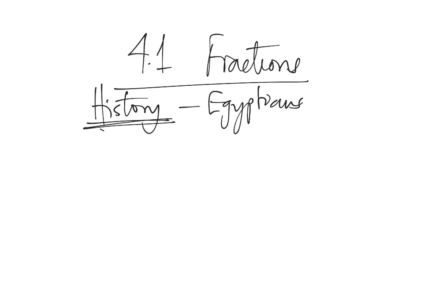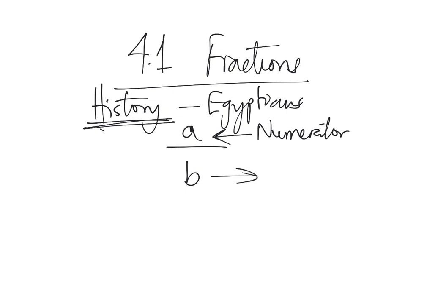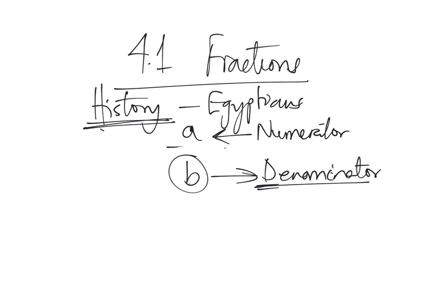So again, we know what numerators and denominators are. The numerator is the one on the top. If you are concerned about remembering which one is the numerator and which one is the denominator, just think of it this way: down is the denominator, D for down and D for denominator. So we have the numerator and the denominator, and if I use something like 1 over 2,